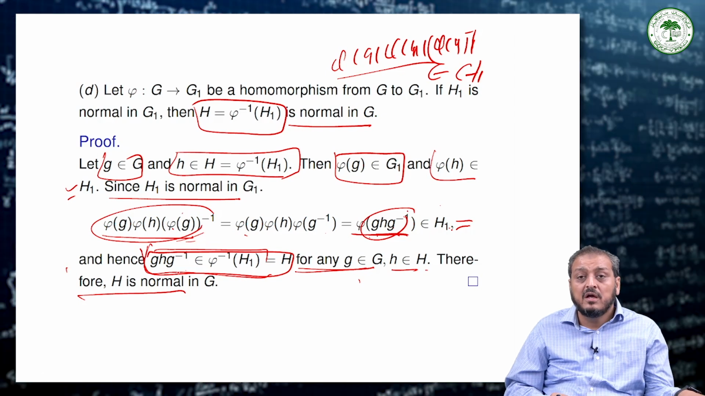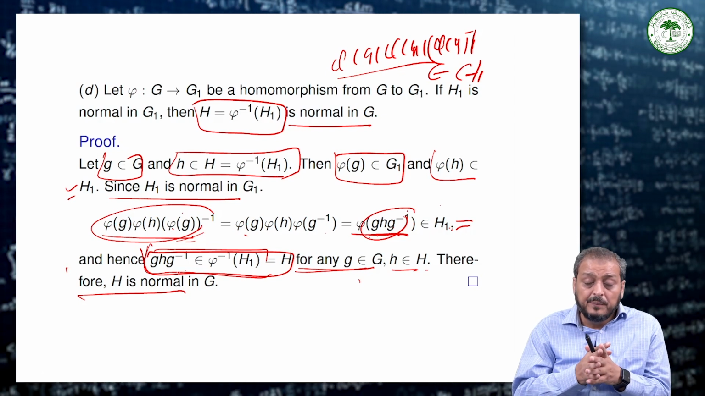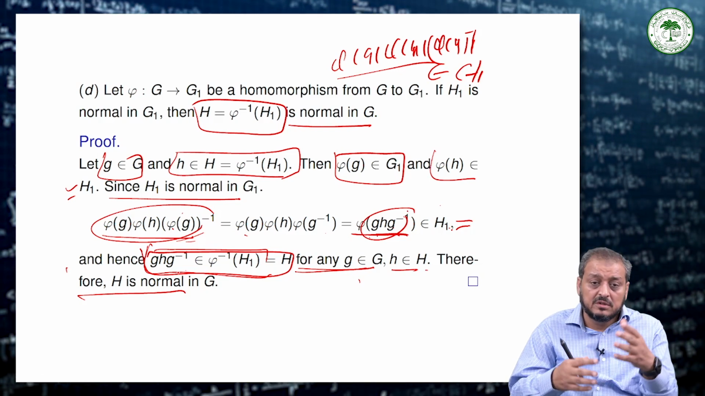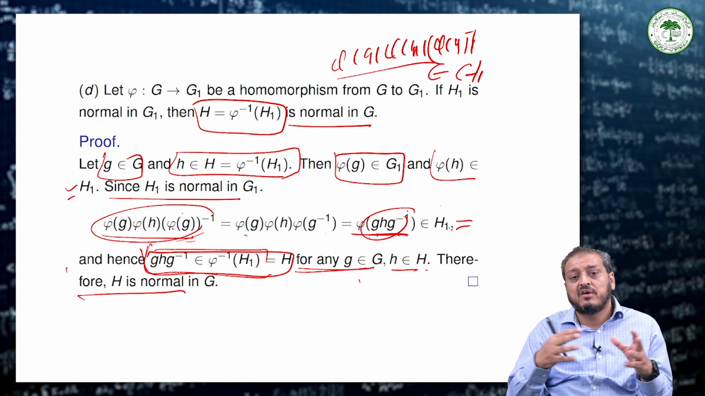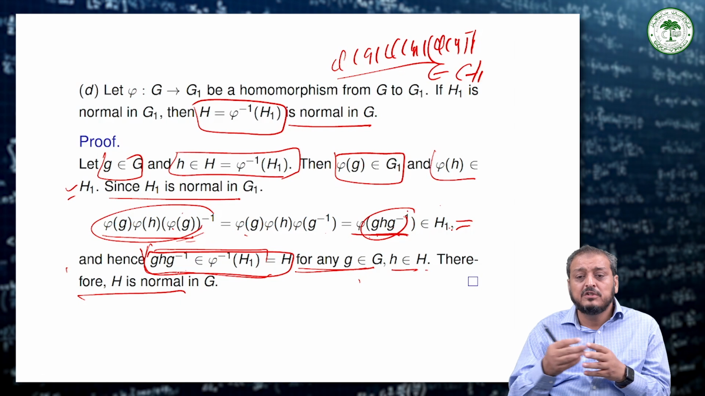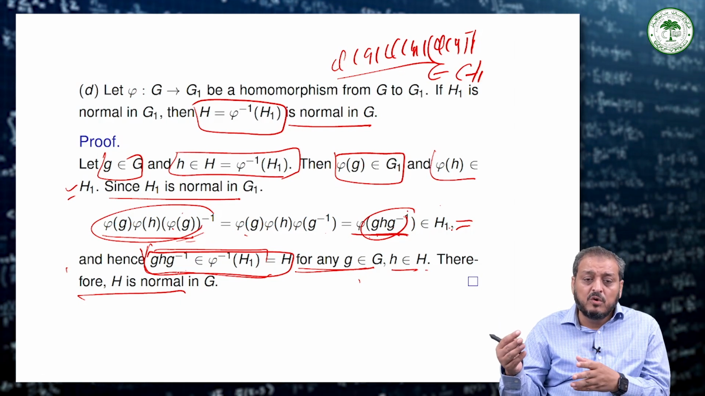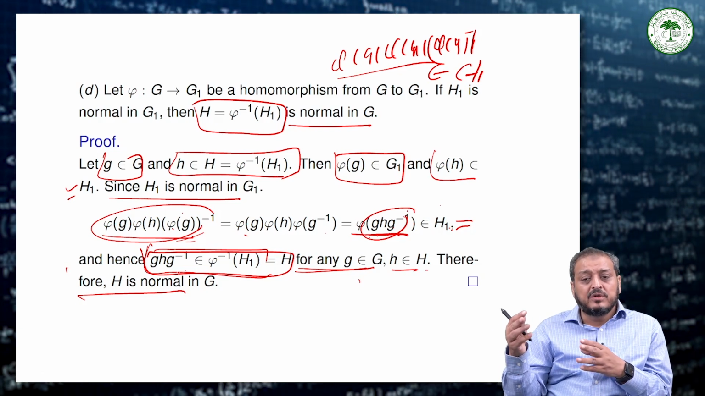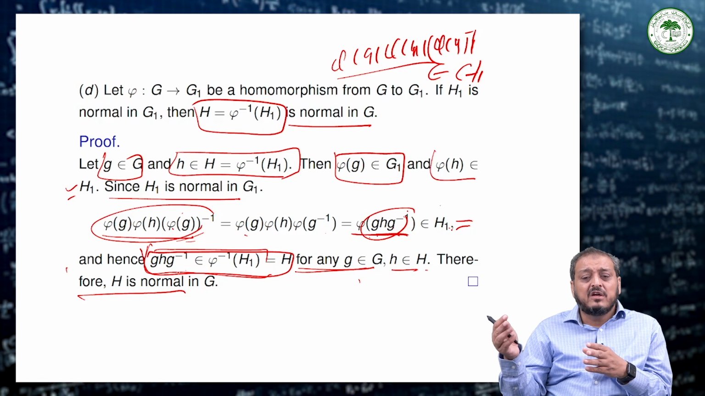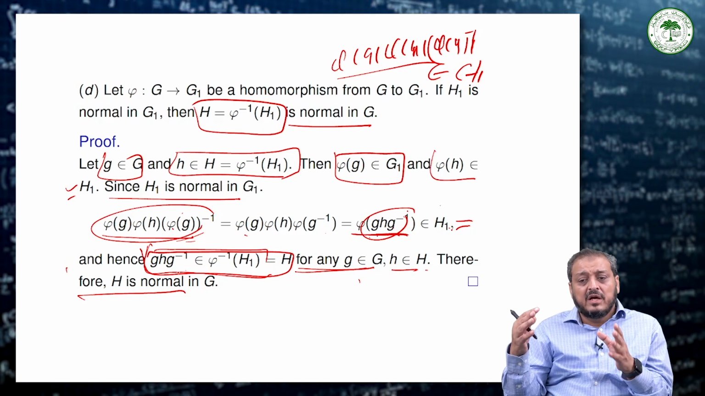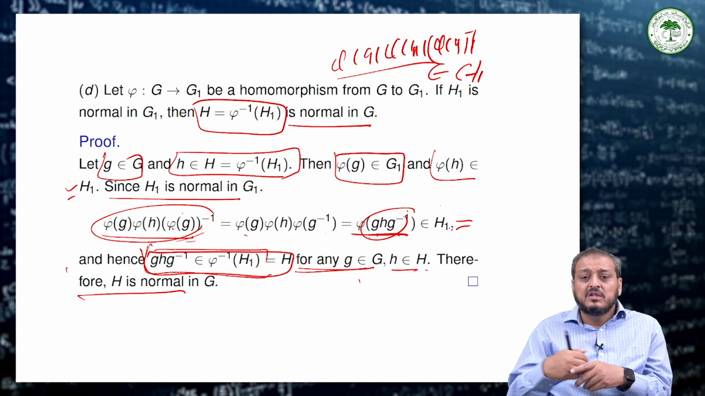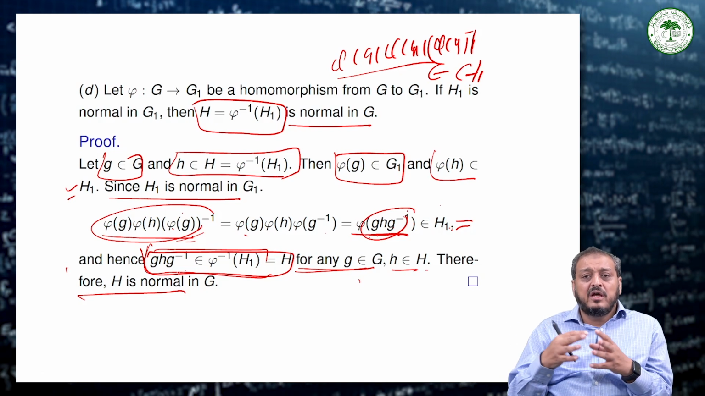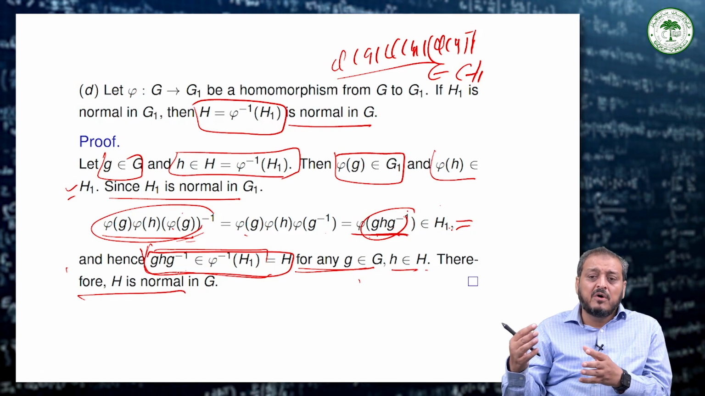So, now we just complete all 4 parts of this result, where we have to show that if we have a φ from G to G1 a homomorphism, if H is a subgroup, then H1 = φ(H) is a subgroup in G1. Another part: if H is normal in G and φ is onto, then we have to show that H1 = φ(H) is normal in G1, and next we have to show that if φ is a homomorphism and H1